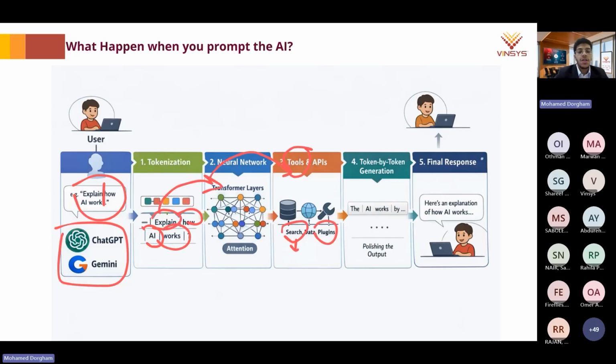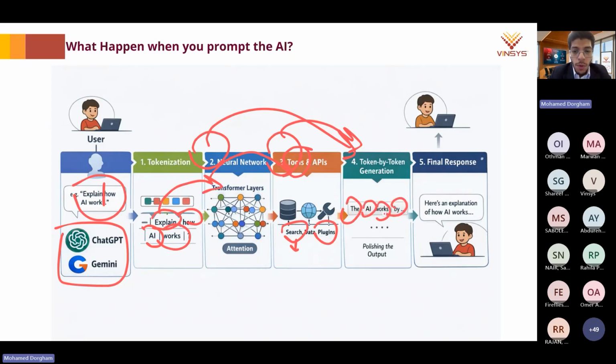Okay, and at the end it will use the output that comes from here and from here, and it will stack your answer word by word. You see, word by word, word by word. This is what's called generation. And at the end, once it has stacked your answer one by one, it will show you the answer that we get from the AI.